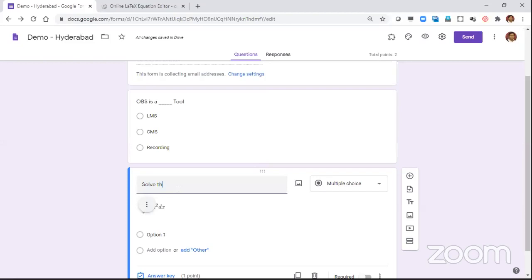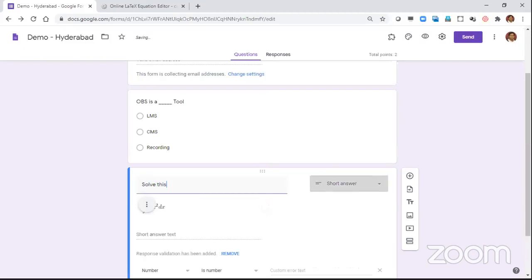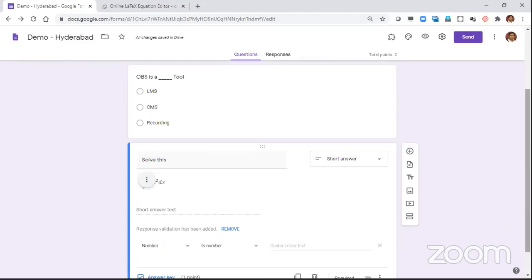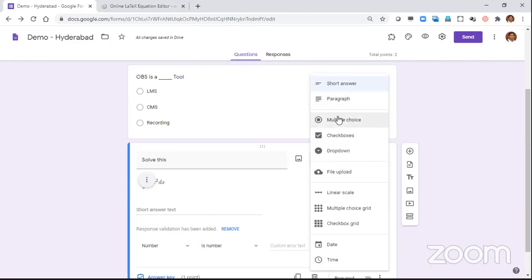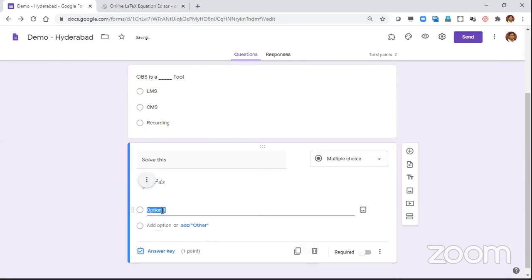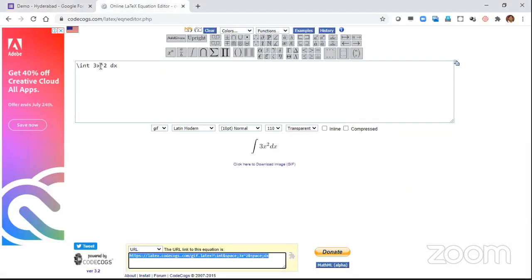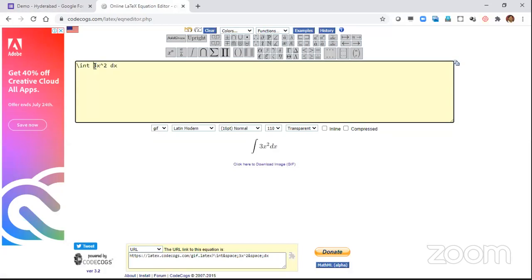So question, you can give something. Solve this. Any math, whatever is possible that you can do in CodeCogs, you can do all of that. So answers, you can make a choice and give the options. Also, if you want, you can use CodeCogs, or simply you can put x cube. Now, if I put it directly, it will come something like this. This doesn't look good. So once again, go back to this and then give the solutions. So I want x cube right now.